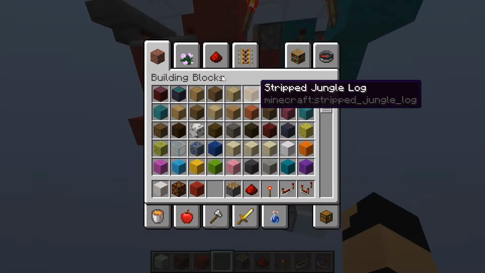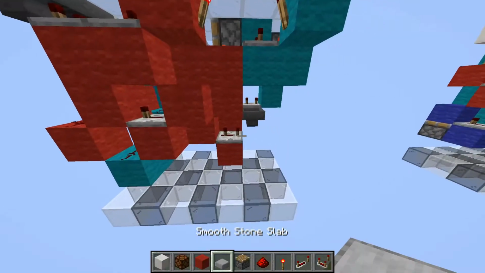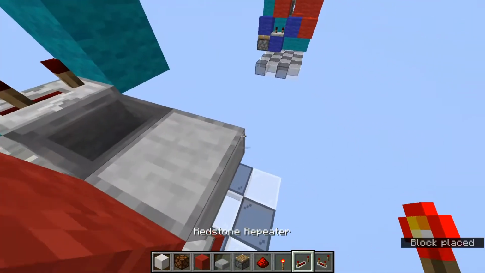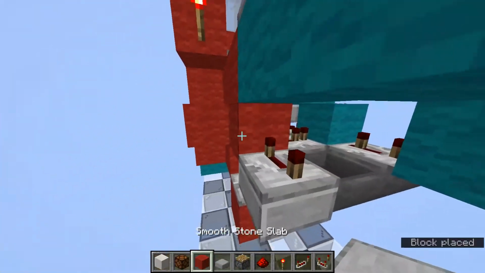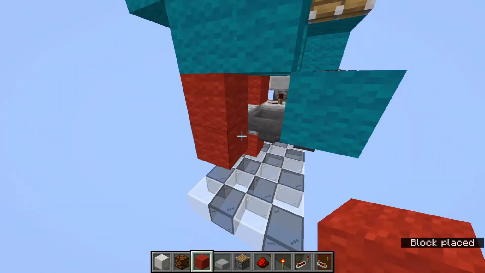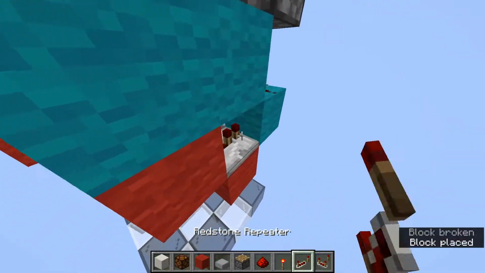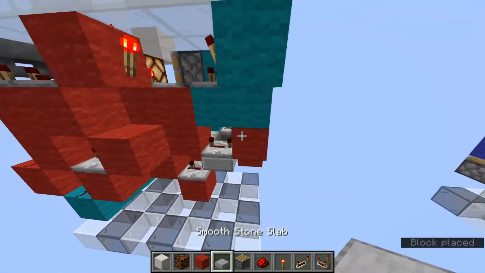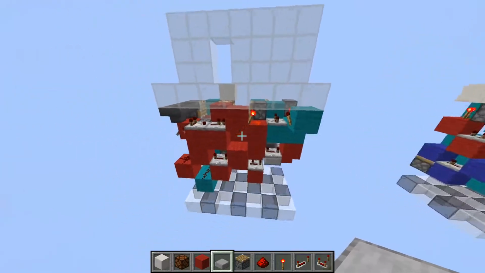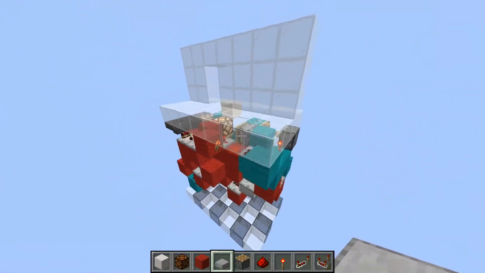And then we'll need a slab right here with a 4-tick repeater, and that'll run into a block and into here with a 1-tick repeater. And that will actually be the entire closing. Now on the opening,